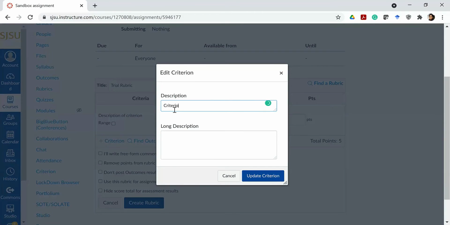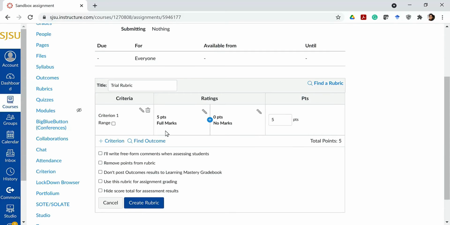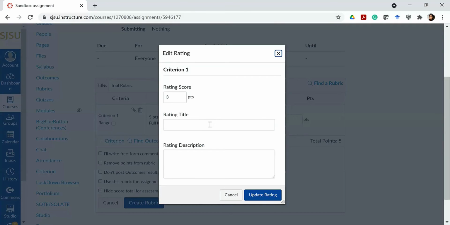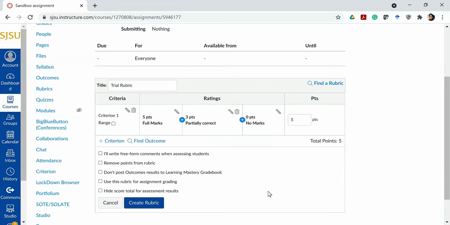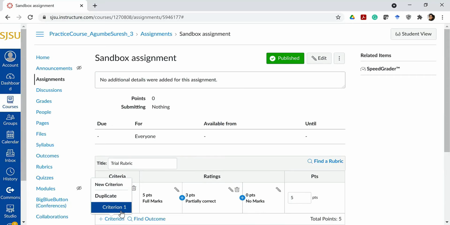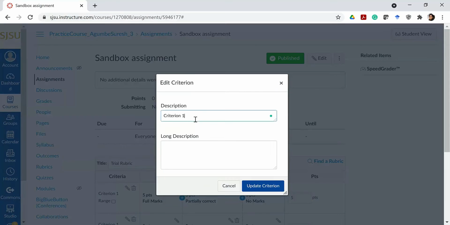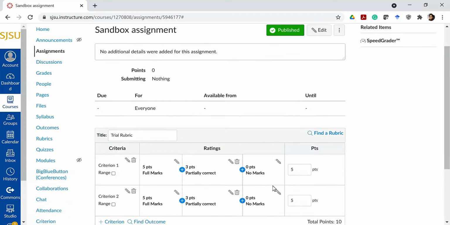This is criterion 1, and I can set full marks, no marks, partial credit, partially correct, and so on. That can depend on the assignment. The good thing is once you create one criterion, you can add the other one by duplicating the previous one. Just name it something else and change the criterion, and that should help.